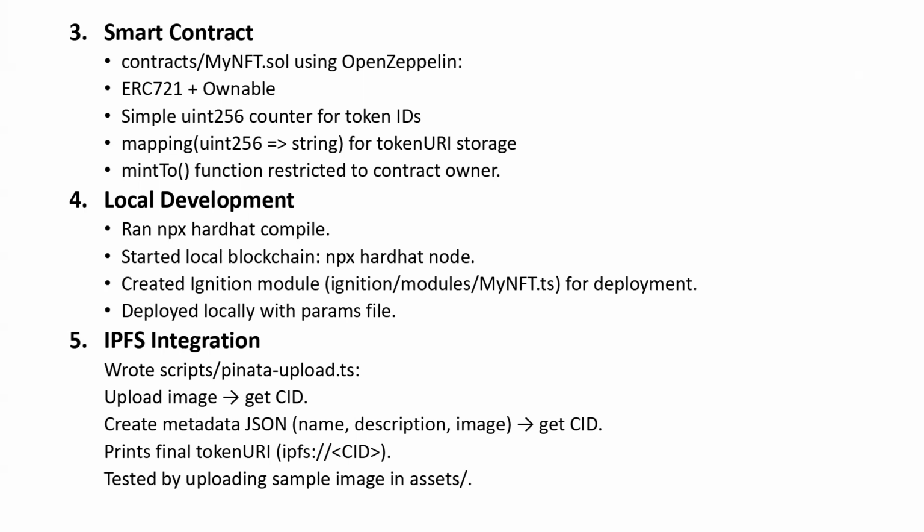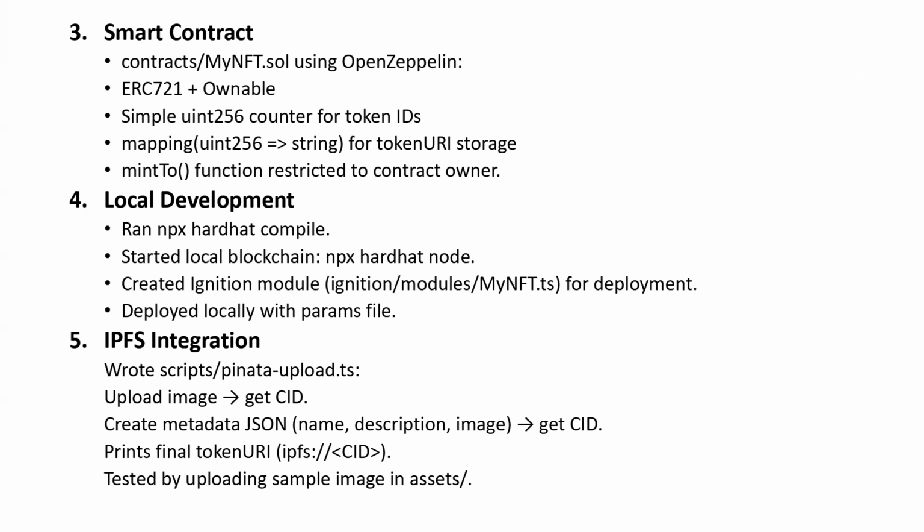There will be a mapping that will store our token URI that we will get from our Pinata. We can also use Web3.storage as well. There will be a mint2 function to mint our token, and we will deploy it locally using the Hardhat compiler, and